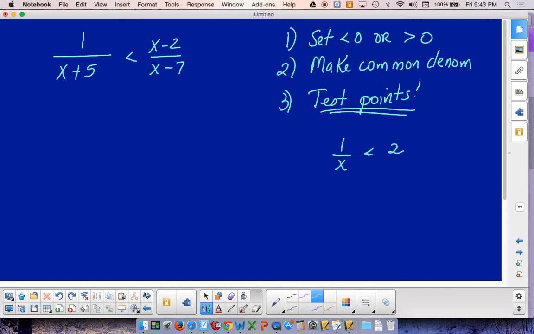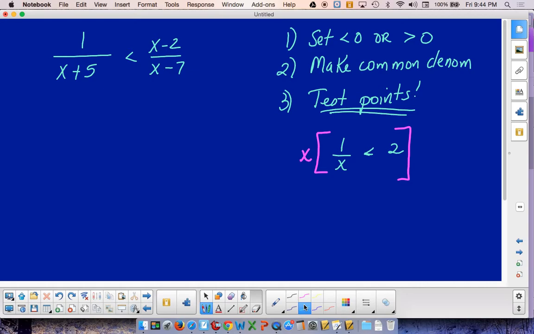Okay, this is not a hard method, but man, I can't get people to remember it because, well, let's face it, we've trained you to multiply through and cancel your fractions, and now I'm going to tell you not to do it. And there's a big reason why. I'm going to look over here at this nice little inequality I've got, 1 over x is less than 2. If I was going to solve that by trying to multiply by the common denominator, I'd be multiplying by x. But when I do that,